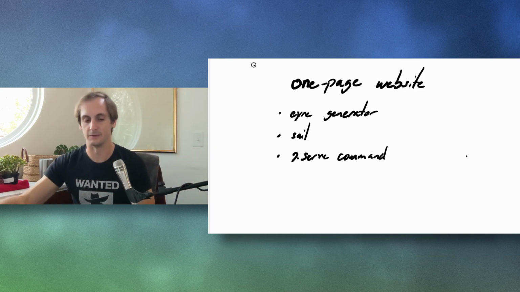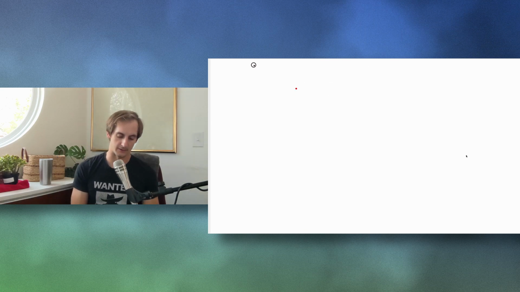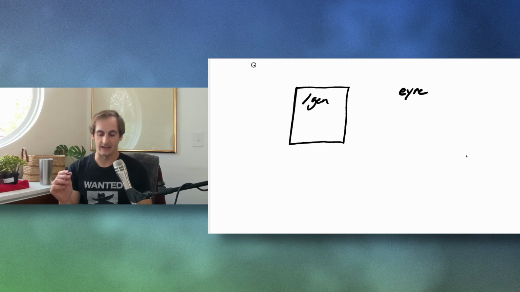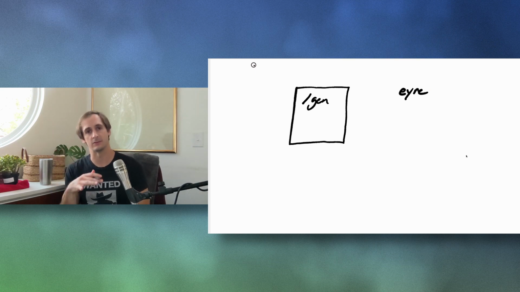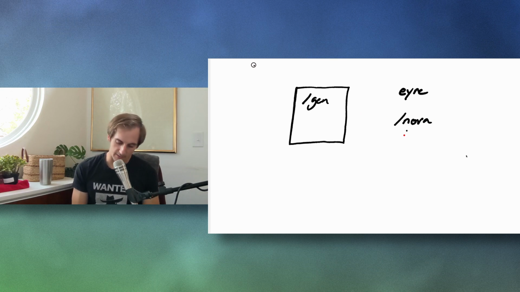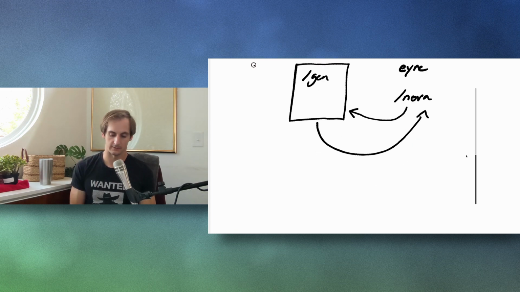Just to review. We created a new file, a little generator file. Then we asked Eyre, which handles HTTP requests, to plug the URL /Nova into the generator, so that whatever the generator comes out with, you can see at /Nova.